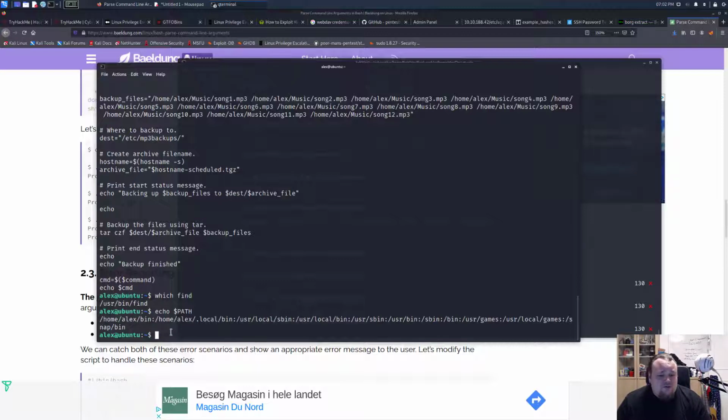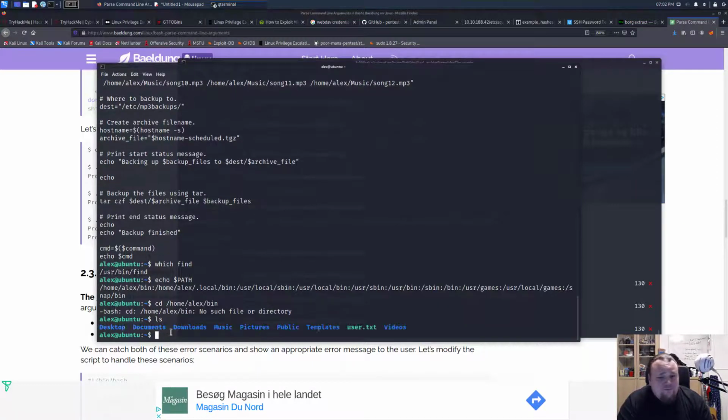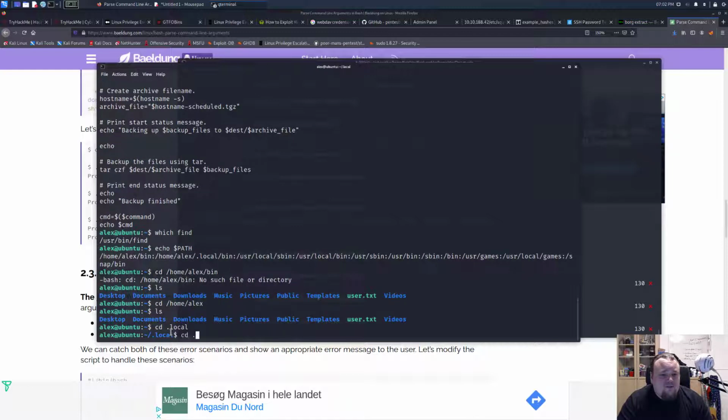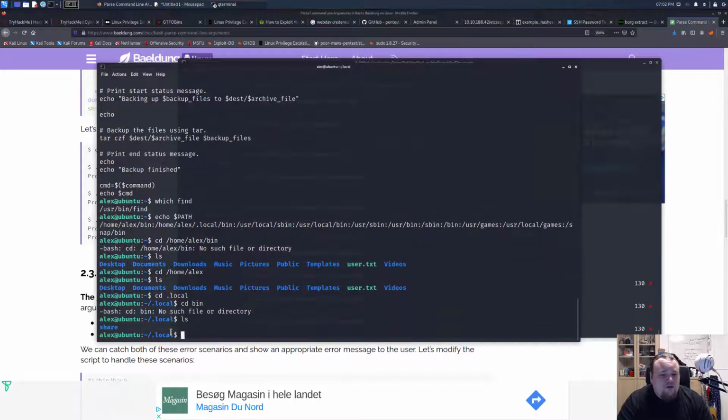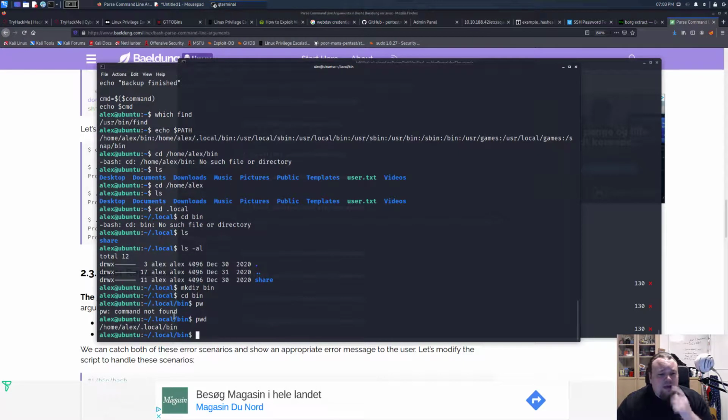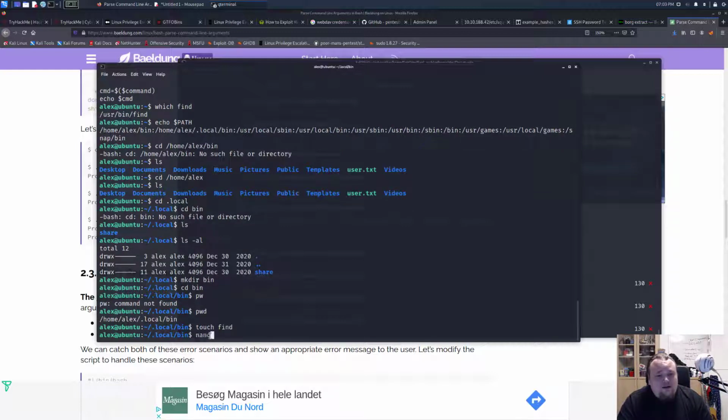Actually in this occasion I could go into /home/alex/bin, no such directory. So /home/alex and then do cd .local and cd bin, no, just bin, and so we have no bin. So if I made the library bin and went into this, I would have had this path here as /home/alex/.local/bin. So what I could probably do is go ahead and touch find and nano into find